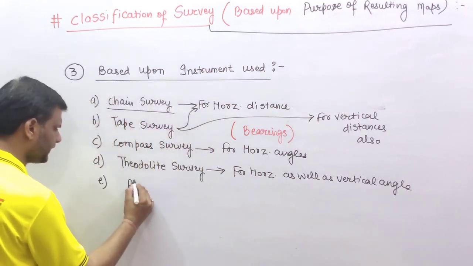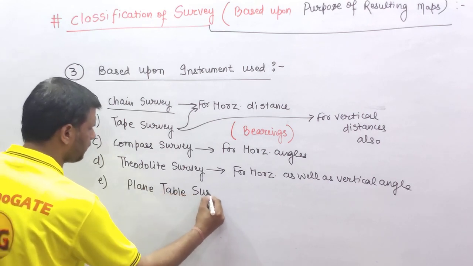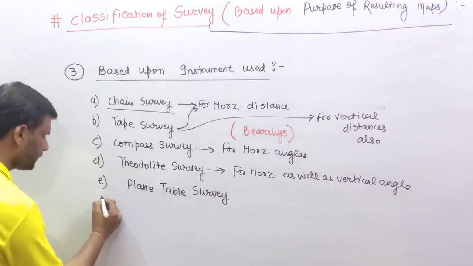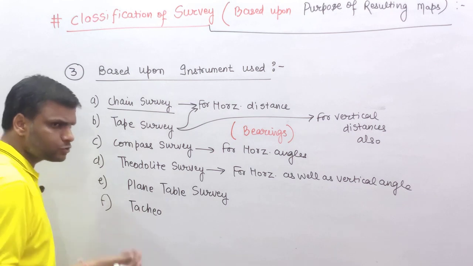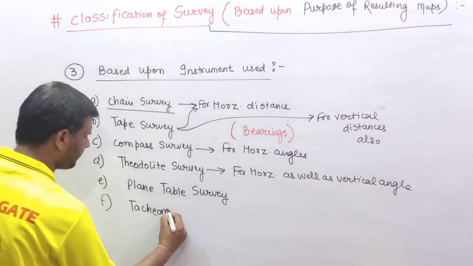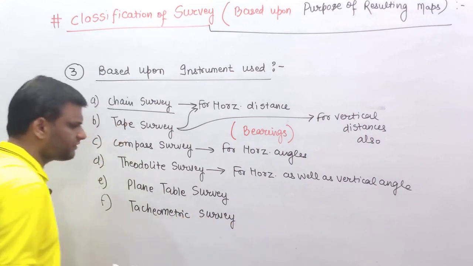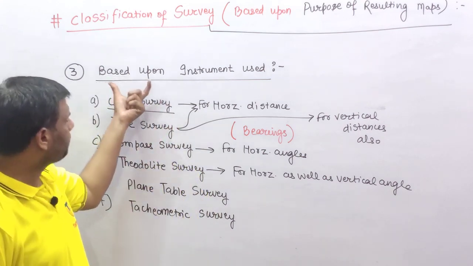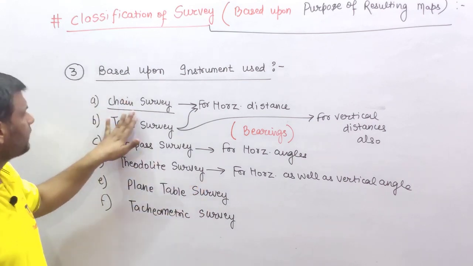Our fifth survey, likewise, if survey is performed using a plane table instrument, it is plane table survey. If survey is performed using a tachyometer, that is a theodolite fitted with an analytic lens, the survey is called tachyometric survey, et cetera. So, if I am concluding this classification based upon the instrument used, first one is chain